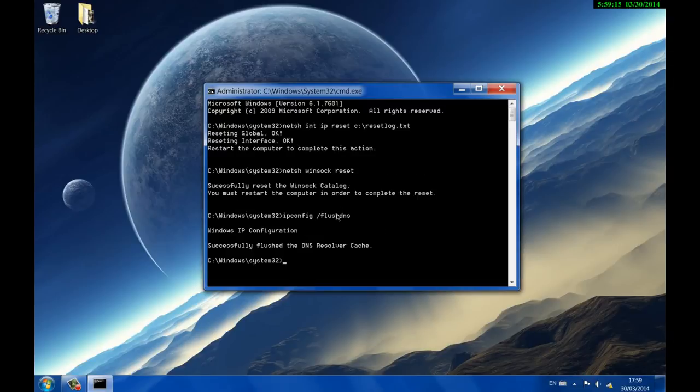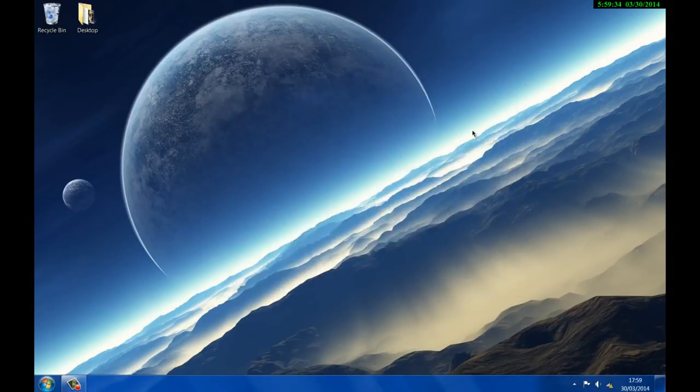So make sure when you're typing this in that you have the slash in the right place, and all the letters are lowercase. If you have the wrong kind of stuff like that, it'll just fail. So yeah, if you get some error here, just make sure you typed everything in properly. So that's the first method done. Hopefully this should work after you restart your computer, but if this doesn't work, then